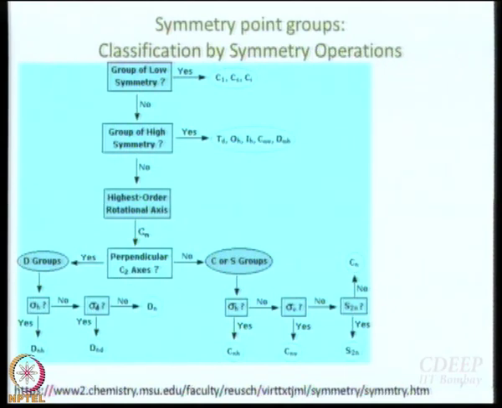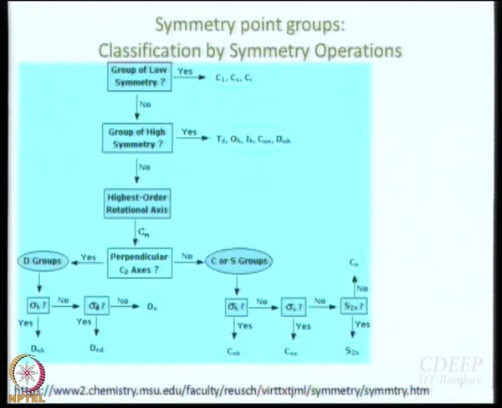Even the porcupine would have C1 symmetry. So if there is nothing else, you have to give it some name, you cannot leave the poor chap unnamed. So then we call it C1 because a C1 axis is always there for everything, not only molecules. Molecule, chair, table, planet, asteroid, anything and everything would have this C1 axis.